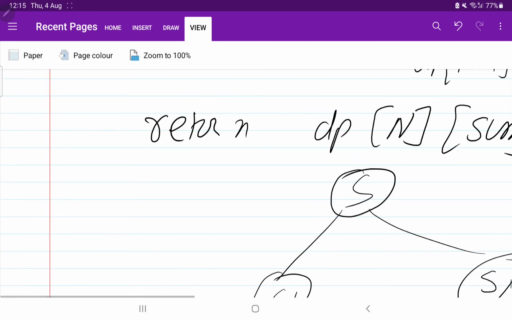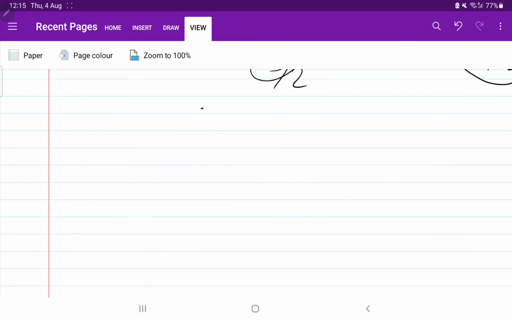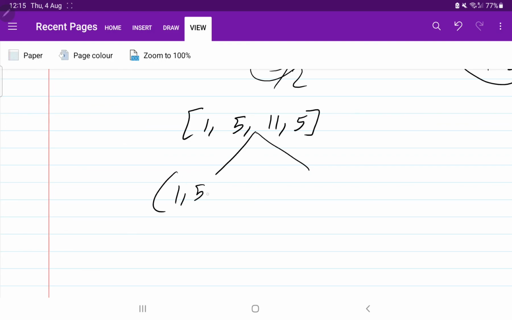So I will summarize the question once. The question was like this: we contain the elements 1, 5, 11 and 5. We need to check, can we get two subsets whose sum is equal. So first of all we checked if the sum is odd. If the sum is odd, then we cannot get two subsets whose sum is equal.